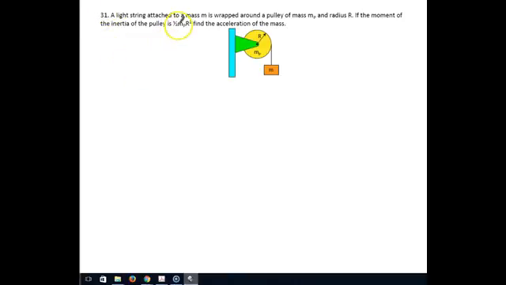So you have a light string attached to a mass m wrapped around a pulley of mass mp and radius r. If the moment of inertia of the pulley is 1/2 mp r squared, find the acceleration of the mass. One of the things we need to do is define that straight down is positive. Now that we've done that, let's draw a circle, and this circle represents